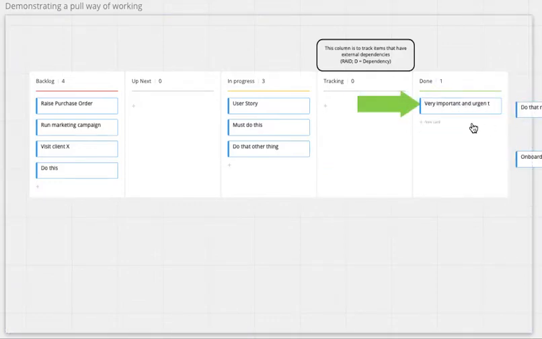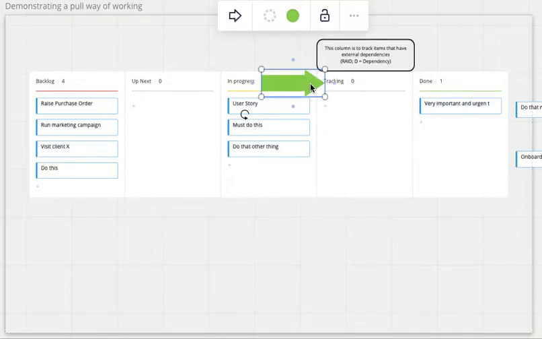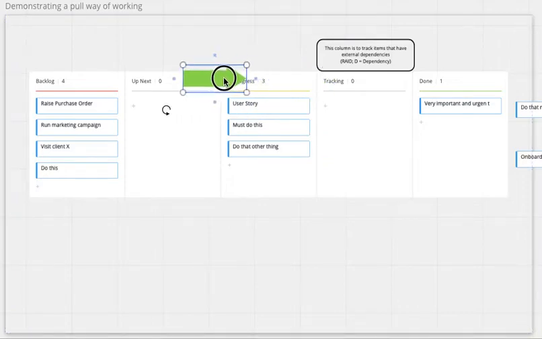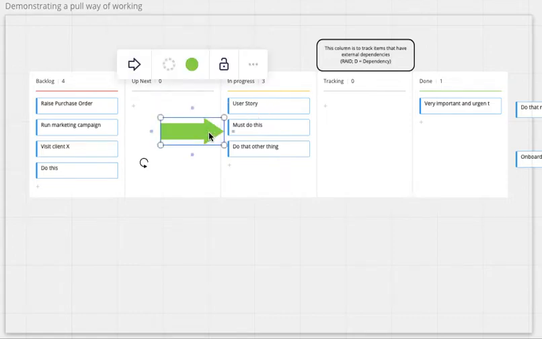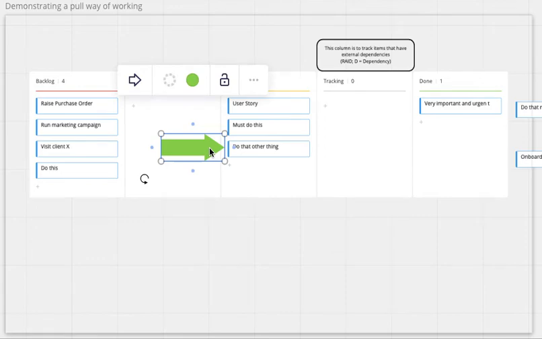It's your choice. Jira will archive this stuff at the click of a button if you want to do that. We celebrated success here. Yeah, that was very important. It came in out of the blue. There it is. It's now in the done column. Yay. Celebrate our success. Look back, look down, nothing in the tracking column. And let's continue backwards. So we've got a queue of work here, most valuable at the top. So who can do what on the user story over this next 24 hours? So a plan's formed on that, a plan's formed on that, a plan's formed on that, and maybe, just maybe,